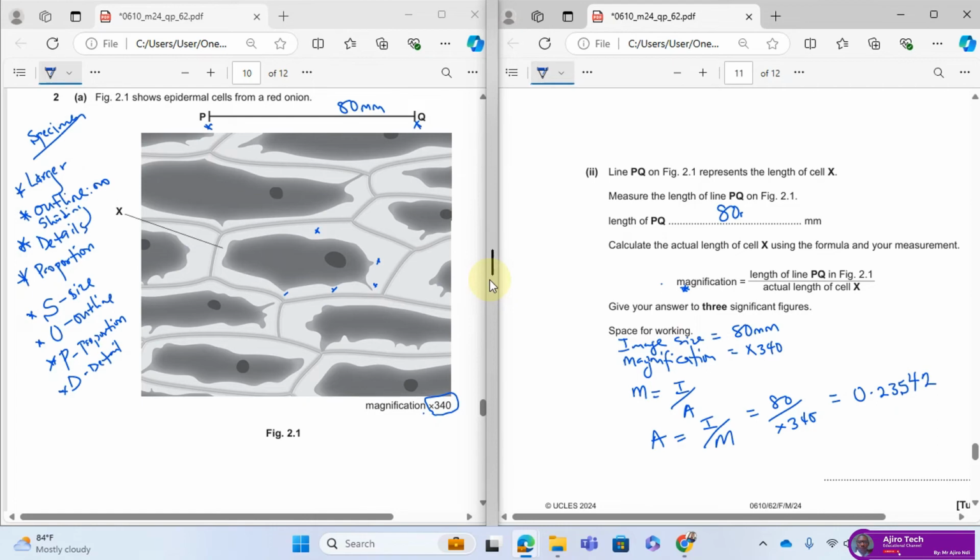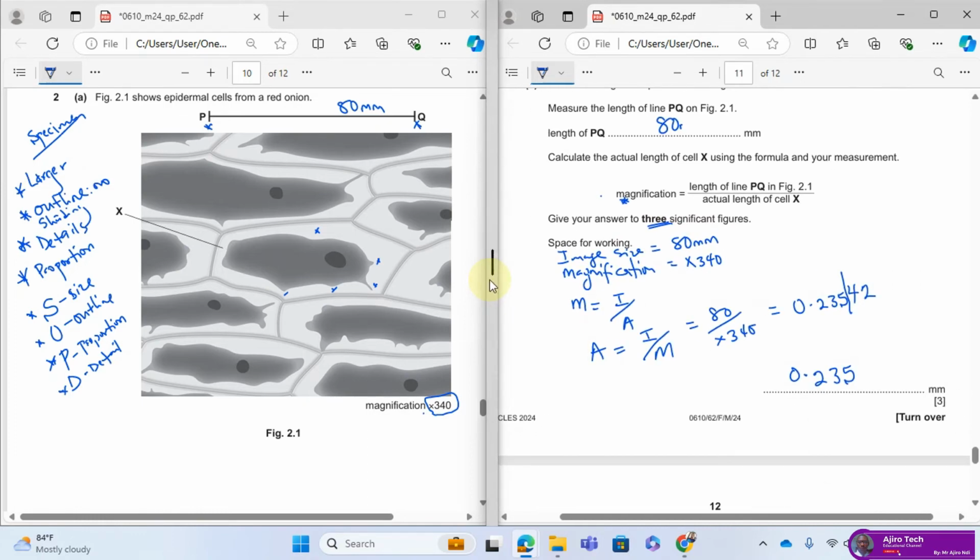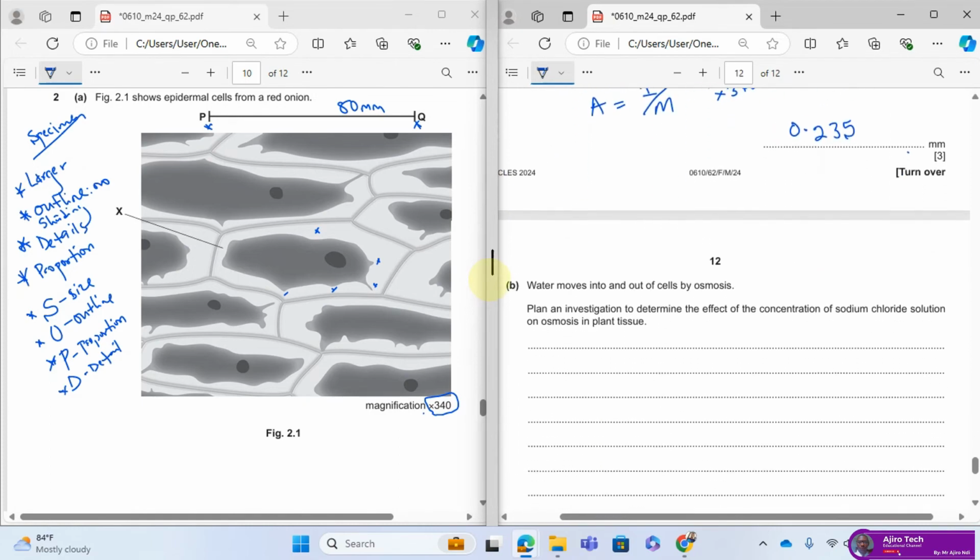So they said we should keep our answers to 3 significant figures. So 3 significant figures will have your answer as 0.235. All you do is get your actual answer, and you have that in three significant figures. The unit is already there and you have your 3 marks. So going to the next question,